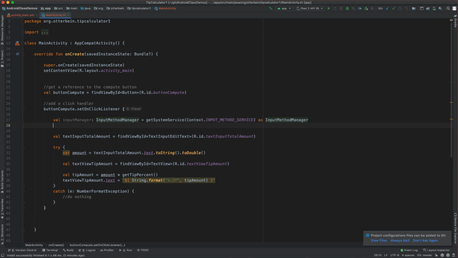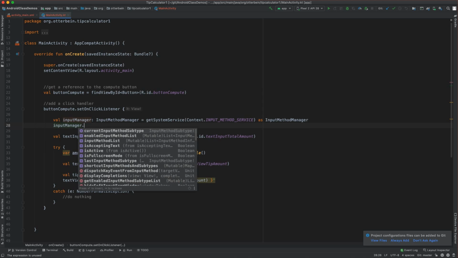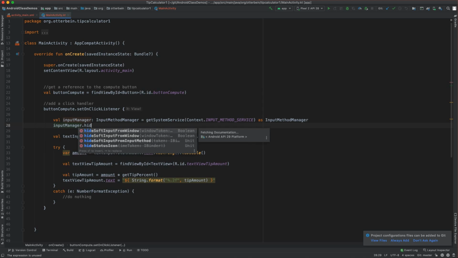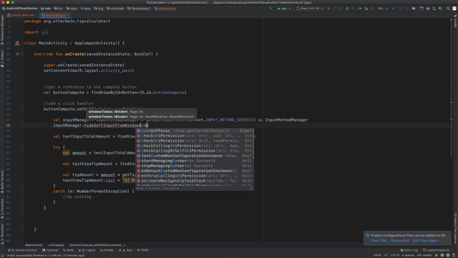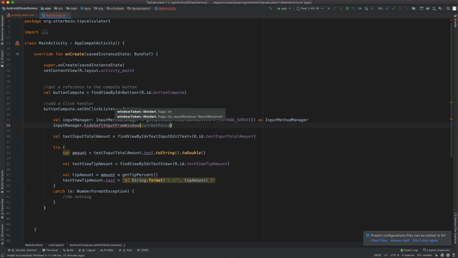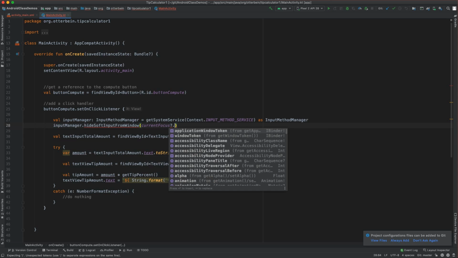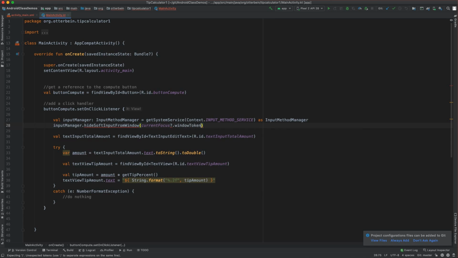Okay, so now that I have a reference to it, I can say input manager dot hide soft input from window, and the window is the current focus, which may not exist, but it probably does. But just in case, so that it won't crash, I have to do that. So it's current